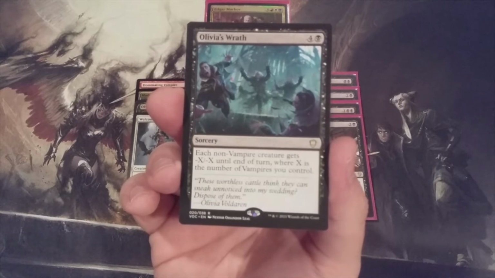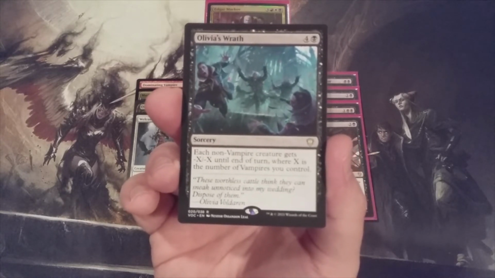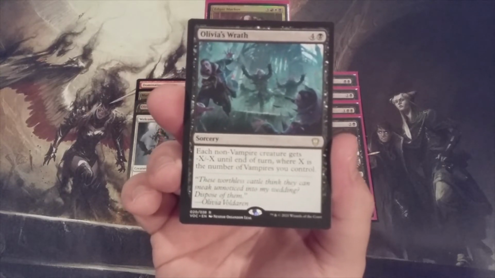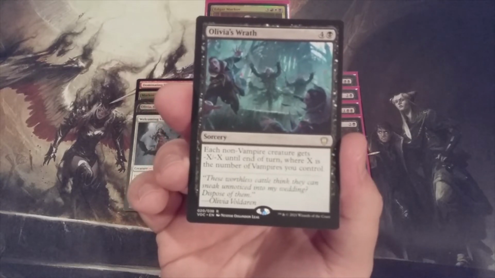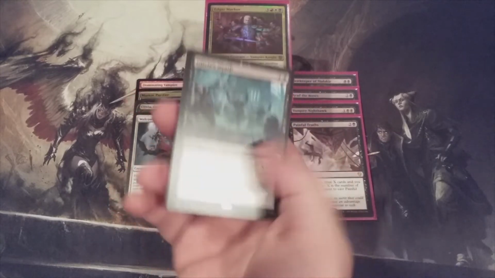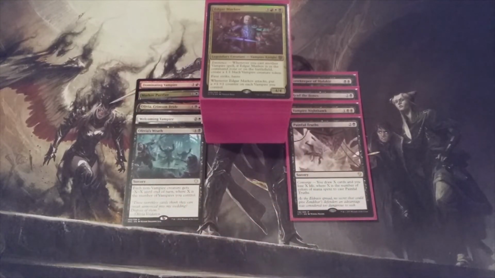Each non-vampire creature gets -X until end of turn, where X is the number of vampires we control. So this is a vampire-specific removal spell, and please note, each non-vampire creature will be affected. Every creature in this deck and the tokens made by Edgar are all vampires. So this is going to be a one-sided removal spell, and hopefully it will be